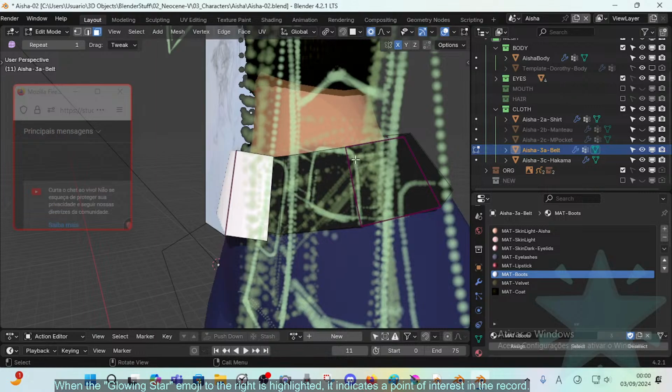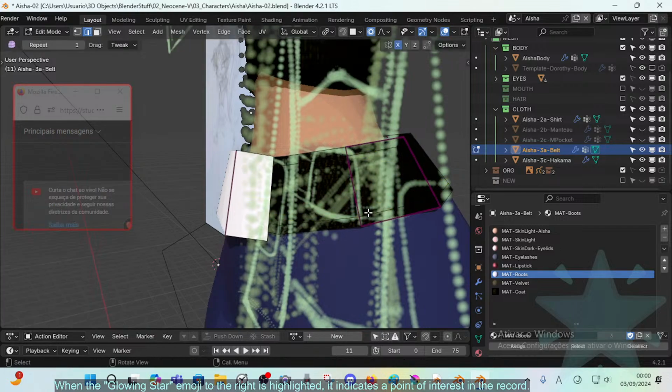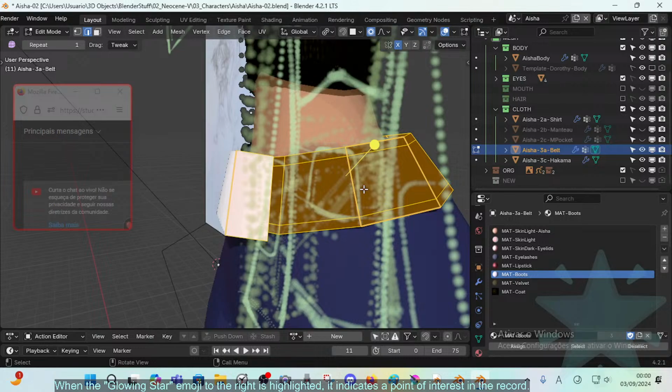Not bevels, so let's just do a thing here and another here. This, let's take off all the... I want this to be a bit sharper, so